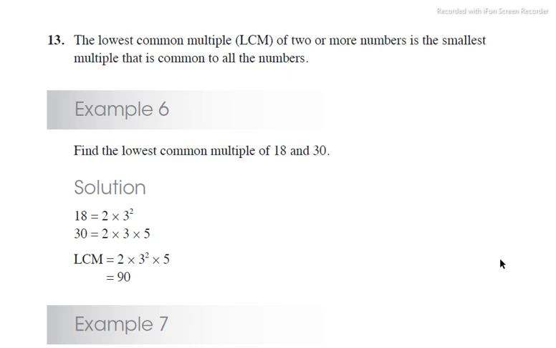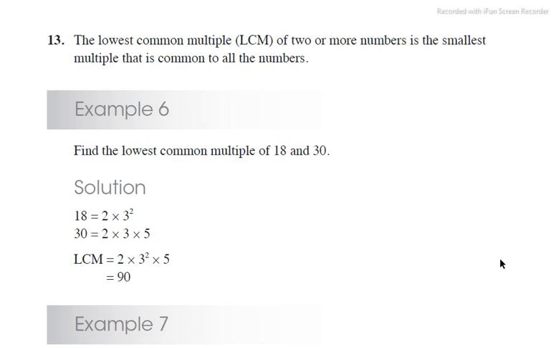want us to get the smallest number that is common between 18 and 30, or which can be divided by 18 and 30. That is probably 90. But how do we get this 90? We still have two methods. We can